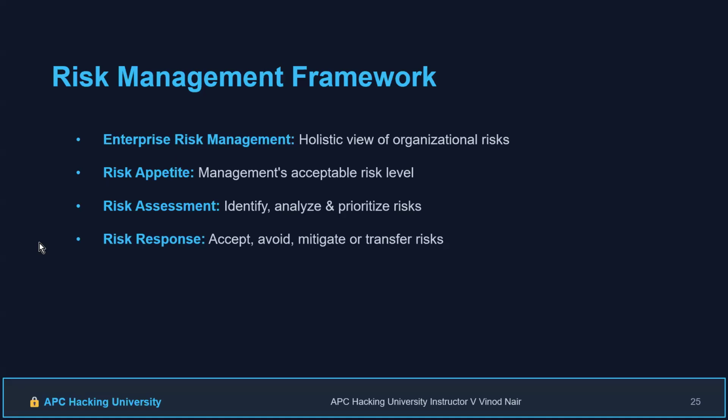The CPA will certify whether an organization meets the trust service criteria or not. Why? Because whatever the organization says, that we are like this, we have done this much profit, we have done this much loss, whether it is true or not, who will decide? They will be having an audit. So who will be certifying that? That will be certified by the CPA.